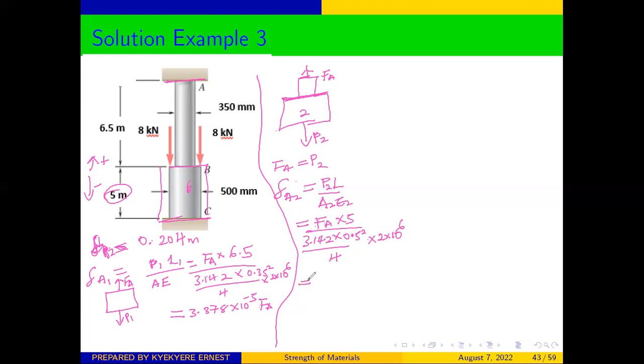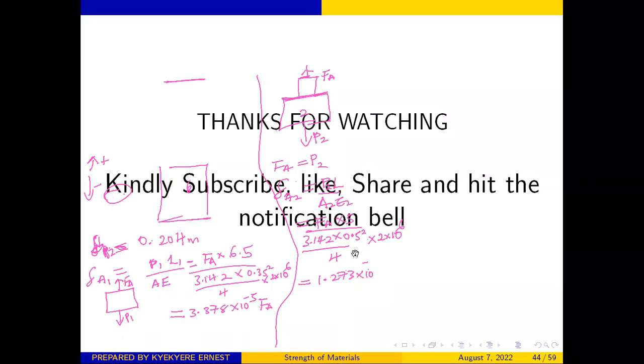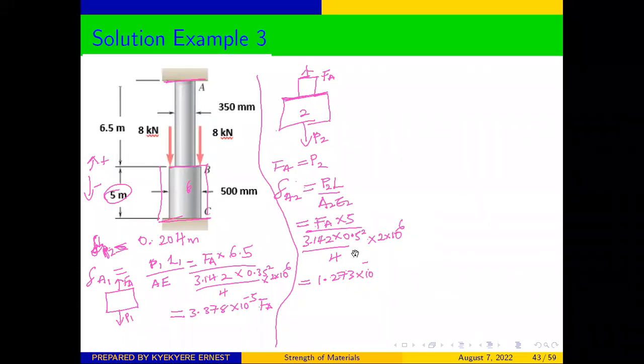And from here we can see that the deformation there will be equal to 1.273 times 10 to the power negative 5 FA. And once you have been able to do that, now don't forget that you have already stated that the deformation as a result of the external forces plus the deformation as a result of the reaction